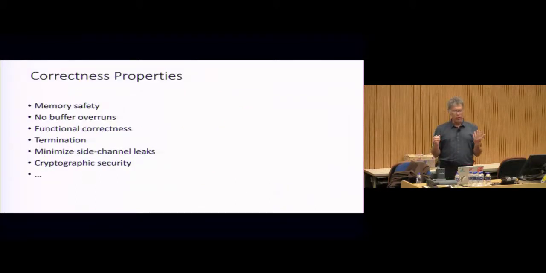What do we mean by a specification? Well, if you look at Heartbleed, that was a buffer overrun. So we'd like our code, if it's C programs, not to have buffer overruns, or for it to be memory safe. That is, when I use an integer, it's always an integer and not something else like a string. Or I'd like functional correctness, please. I like my sorting function to really sort. Or I'd like to know that this function terminates, or terminates within an expected amount of time, worst case execution time analysis. If I'm thinking about privacy and security, I'd like to minimize side channel leaks or cryptographic security.